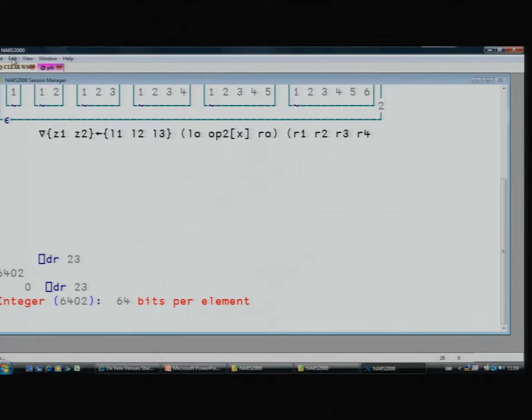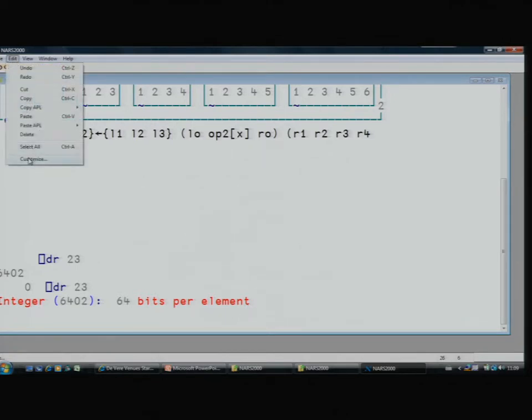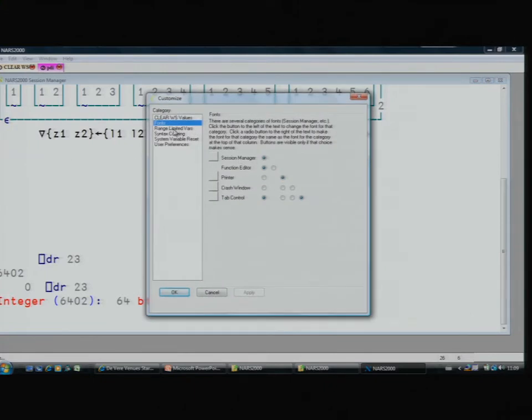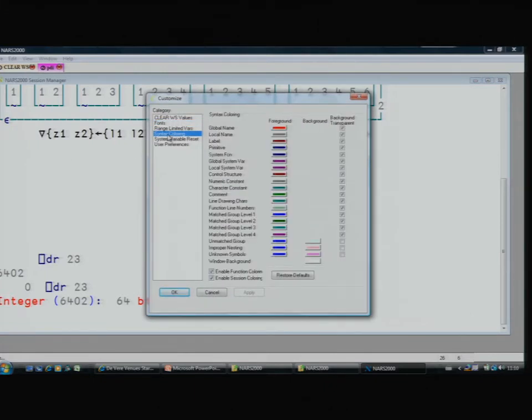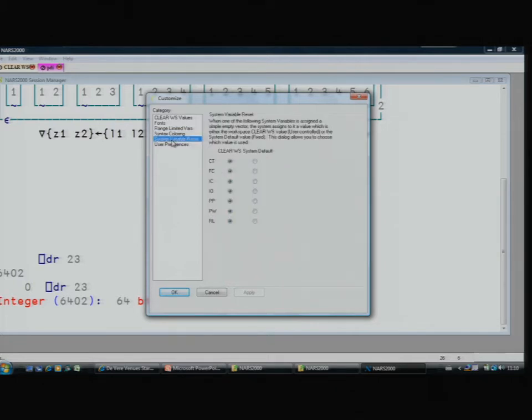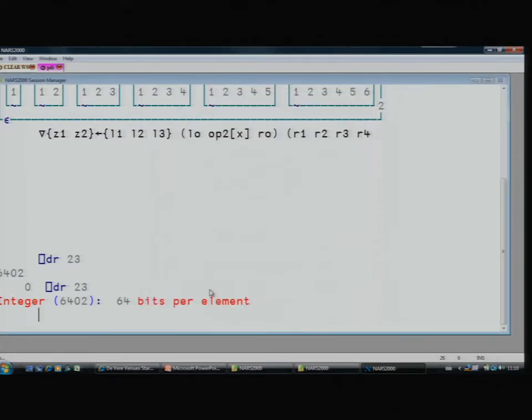So it's a 64-bit system to begin with. It'll be 64-bit otherwise. It's got the usual set of syntax coloring, a bunch of categories. There are various ways you can control what happens when you reset a system variable, and by that I mean when you take a system variable,